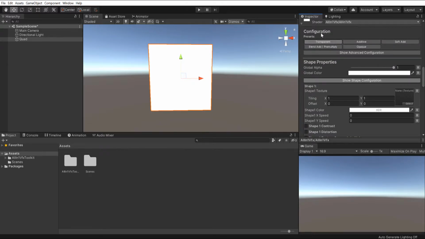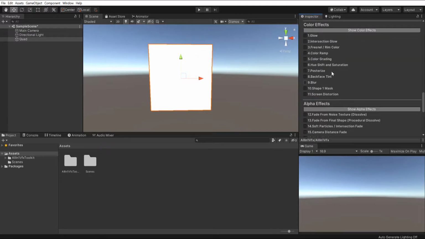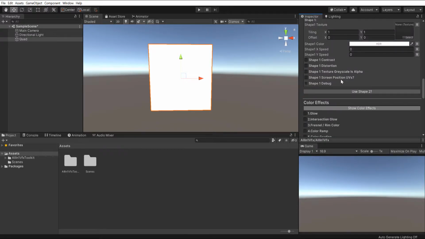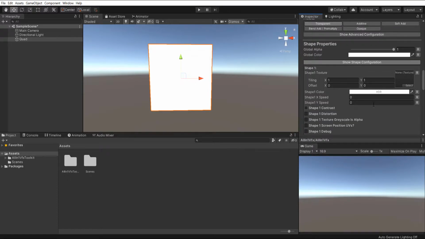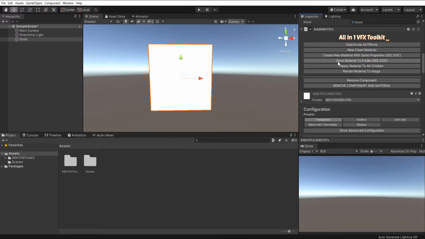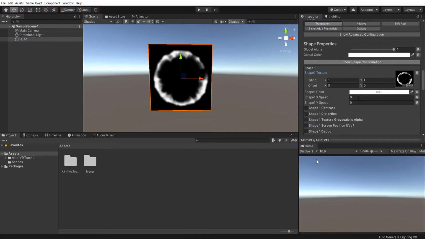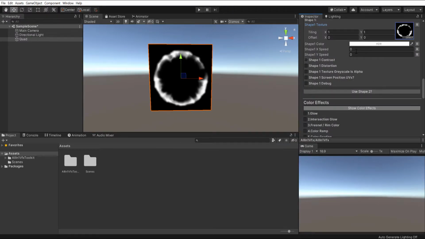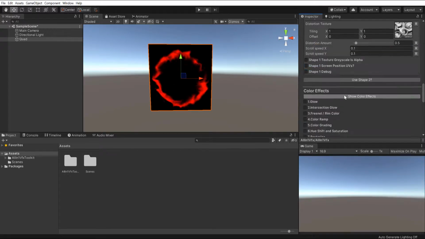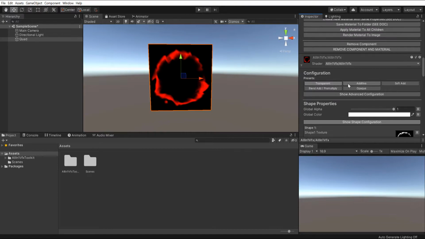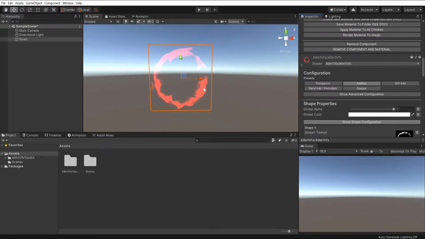Here below we have the material inspector with the configuration presets, the shape properties, and all the effects. All these effects can be stacked one on top of the other, but we won't take a look at this now. We'll take a look in a future video. For now, we'll focus on this component, but to test it, we'll need to add some properties here. So we can add this texture and we can change the color to red, add the distortion effect, for example, and we can change to additive